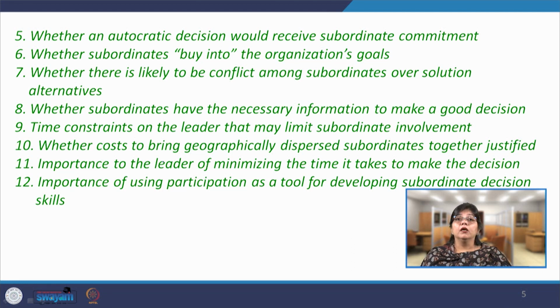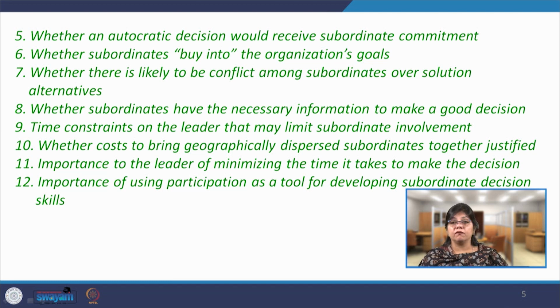and then decision making will take place. Whether the cost to bring geographically dispersed subordinates together is justified. Now, suppose an organization has different offices in different parts of the world or in one city itself, right? How to align those problems and relate that problem to every office of the organization, and how to bring all the leaders together, subordinates all together to resolve the problem,